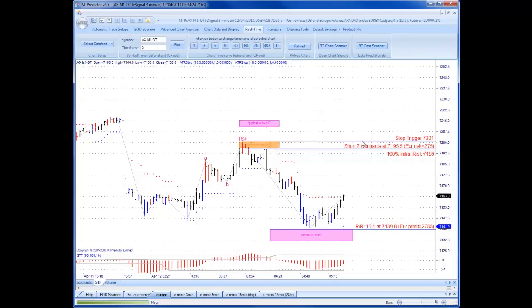Here we're keeping the risk under 2% of a 20,000 euro account, so that then allows us to sell 2 contracts at this level. Our initial stops here. Our target is projected on the chart down at this level. And as you can see, the DAX took us into a short trade and then declined nicely to within a tick of our